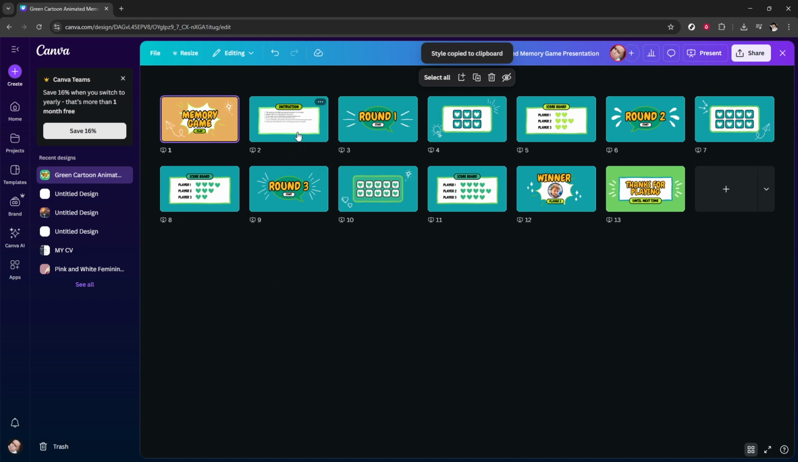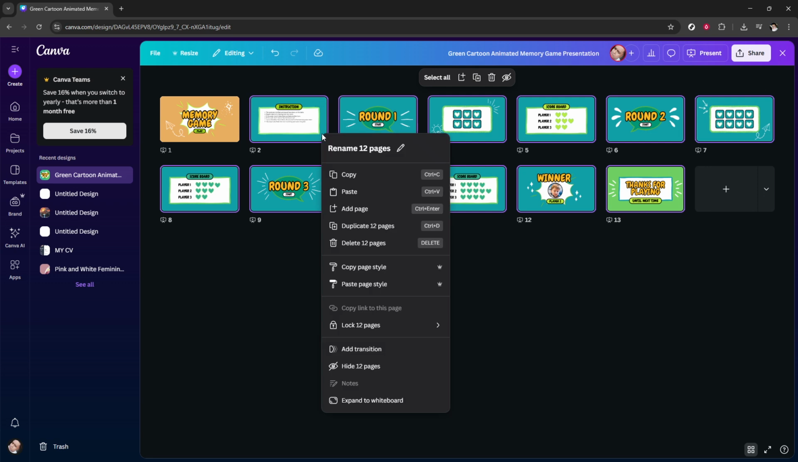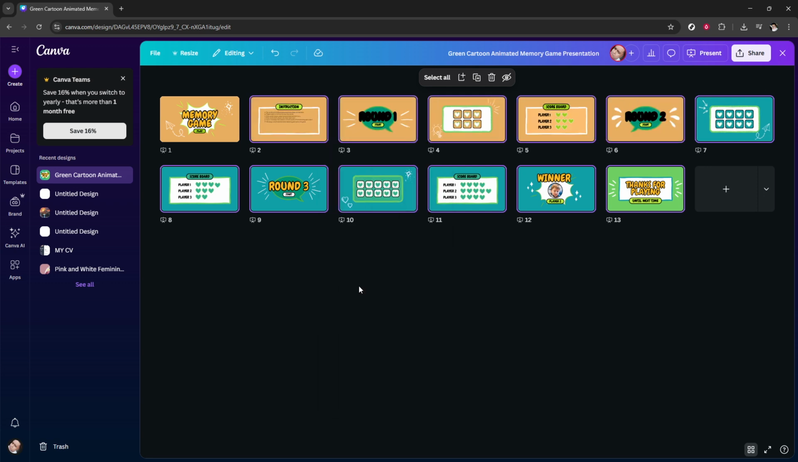Next, still in Grid View, navigate to the slides where you want to apply the copied background. Right-click on each of these slides. When you see the menu pop up again, simply click on Paste Page Style. As you repeat this action for each slide, you'll notice the background is consistently applied, creating a unified look across